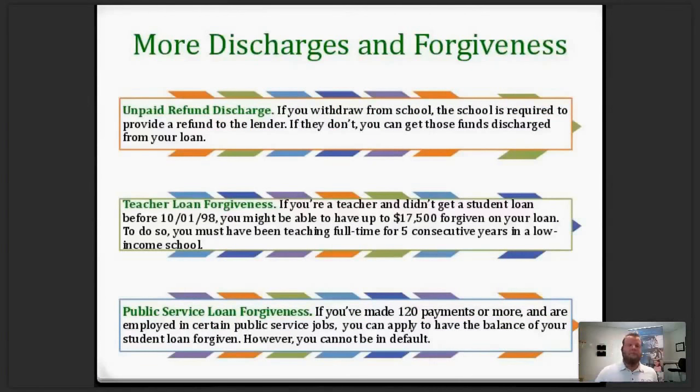Forgiveness. I want to talk about forgiveness. There's a huge difference between debt forgiveness eligibility when it comes to income-driven repayment plans. So you have Pay As You Earn, REPAYE, which is Revised Pay As You Earn. You have income-based repayment. You have income contingent repayment. All those qualify for debt forgiveness eligibility at the end of the term, which ranges 20 to 25 years. So remember, your payments are based off what's called discretionary income. It's not based off loan balance, interest rate, and repayment term like a traditional loan is. It's completely different. So at the end of the term, any additional principal and accrued interest that's still due, that's when the forgiveness comes into play.